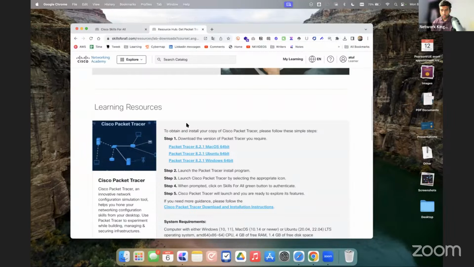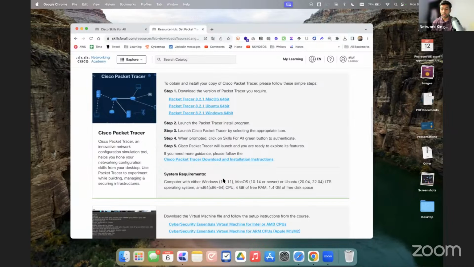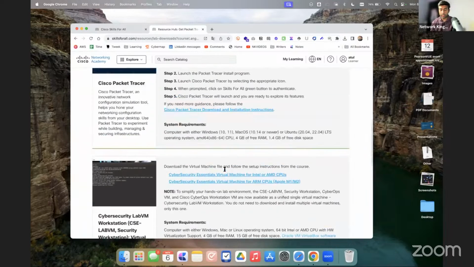Yeah. So now you can see we have Packet Tracer Mac version, Packet Tracer Ubuntu, Packet Tracer Windows. So I'm expecting most of you have the Windows version. Okay, so some of you have Mac or Ubuntu. So just use and install the same. Okay, so these are the instructions you can follow if you are getting some problem. Okay, so right now I think we are ready